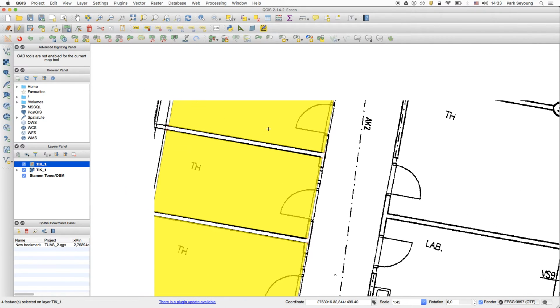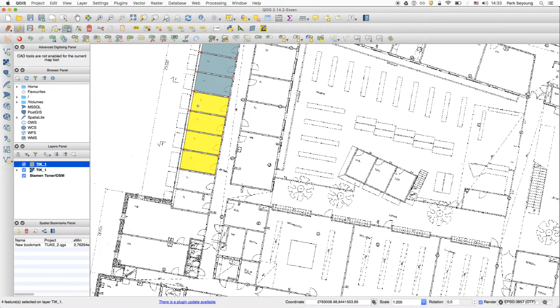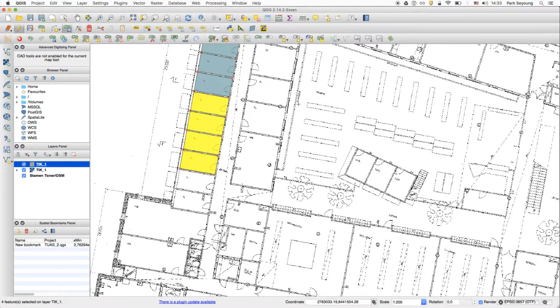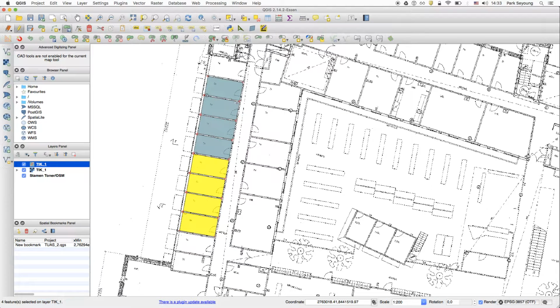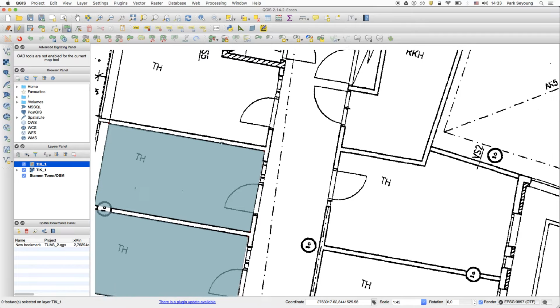Let's see. They look pretty good. Just a little to the right. So yeah, it was pretty fast, right? We deselected everything by Command Shift A. So that was easy, but what if we try to